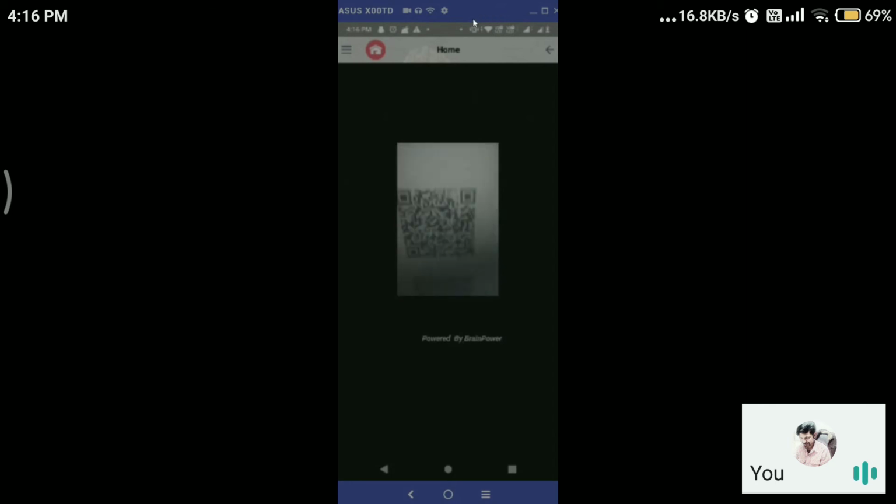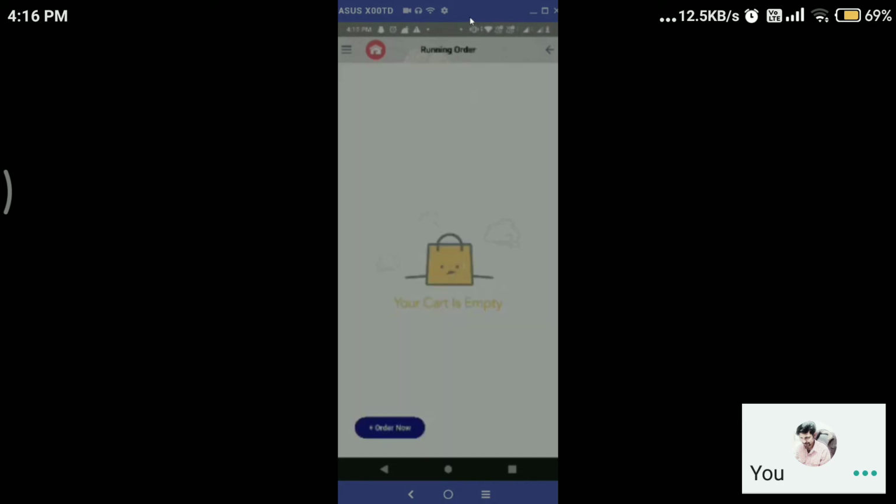So, these QR codes, I have seen a separate QR code for every table? They are separate for every table. Yes, for every table. Basically that QR code will consist of your IP address, table number and restaurant code. Okay. Suppose you are running the ordering system on LAN or Wi-Fi, then the local IP will be there.